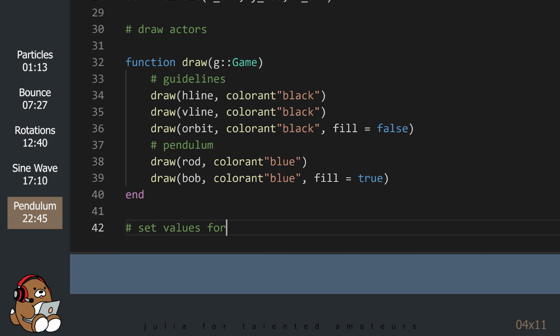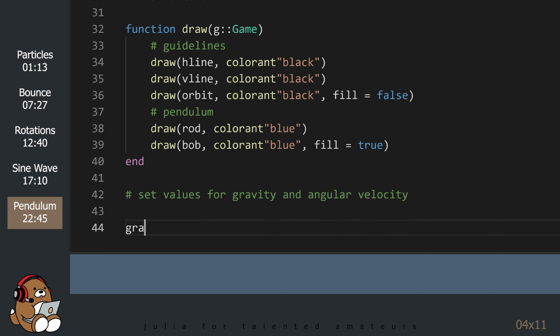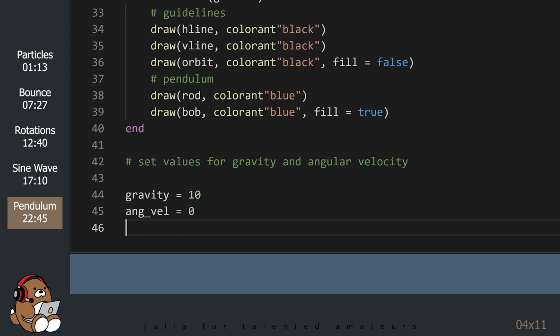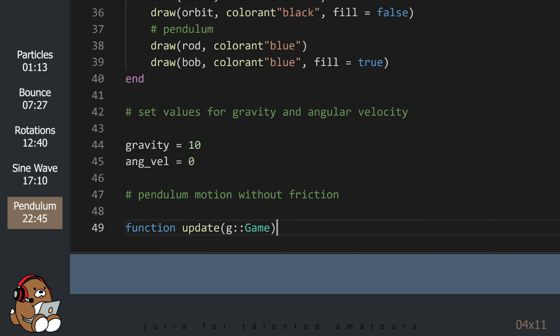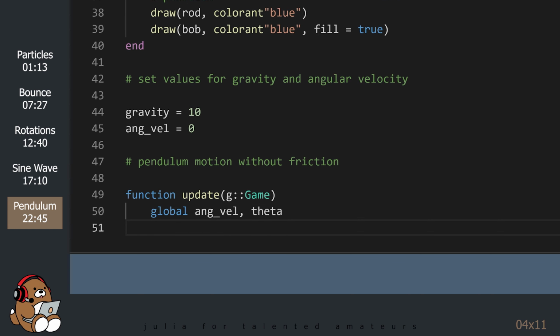Next, we need to set up some values for gravity and angular velocity. Finally, we define the update function, which contains the physics model that will drive our simulation.